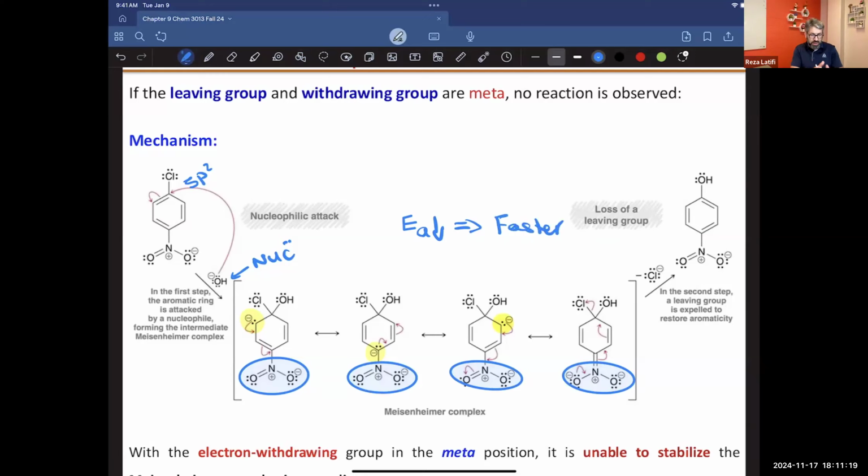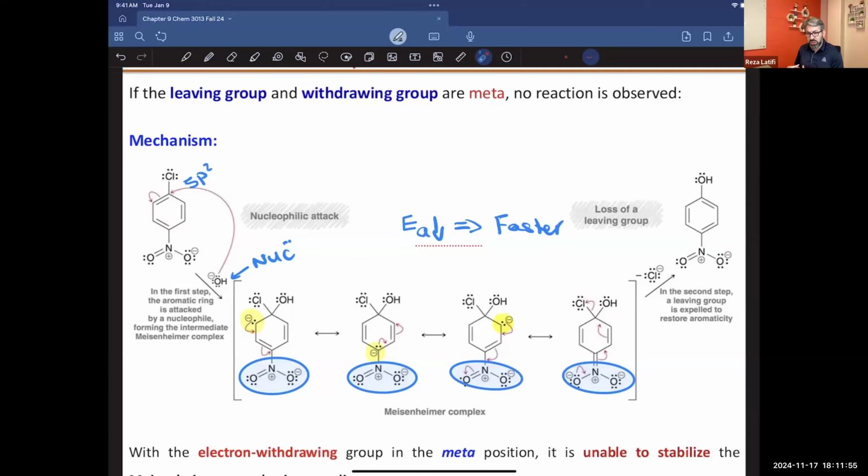Now I added the hydroxide. I got a negative charge. As you see, if the negative charge is on the ortho or para position, you can rearrange it in a way so that the negative charge is sitting on a carbon that's directly attached to the electron withdrawing group. And what will happen if you get such a thing? In that case, you can share the negative charge with the nitro group, with the nitro group. Or if there is no possibility of resonance there,